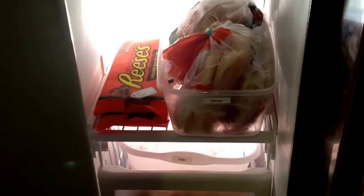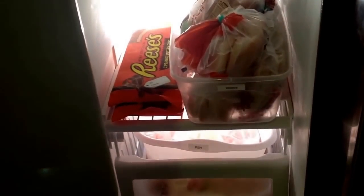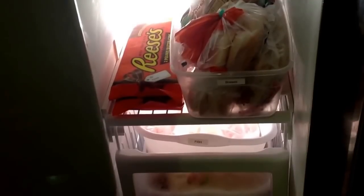So yeah, I have that bin for the bread, and then I have just a random, the Reese's. These are some giant Reese's peanut butter cups that I have. I had nowhere to put them, so I just put them right there. And then on the next